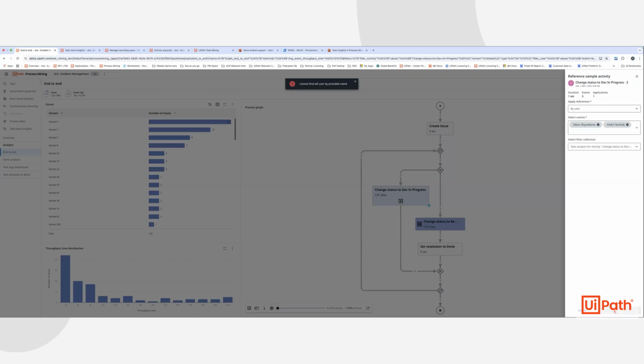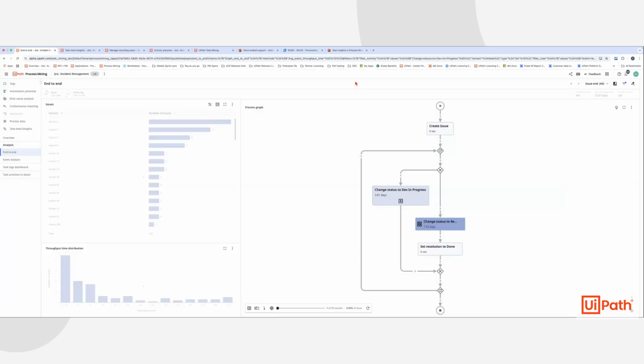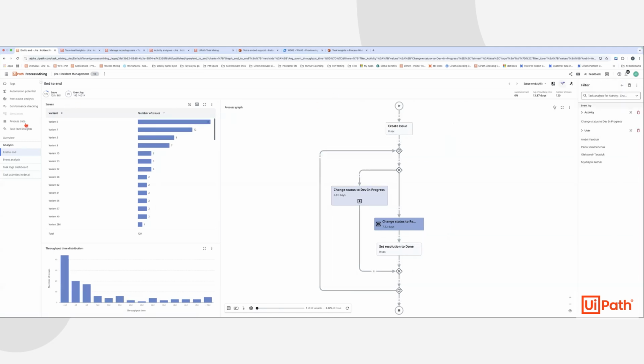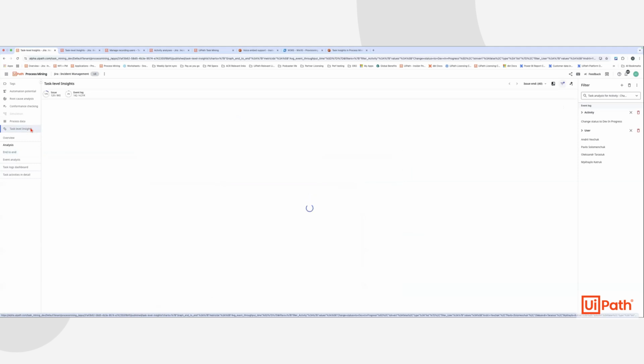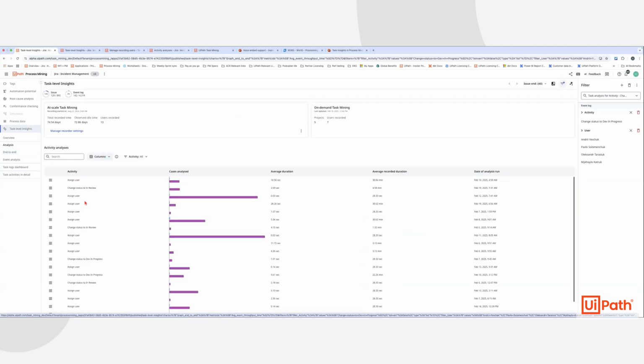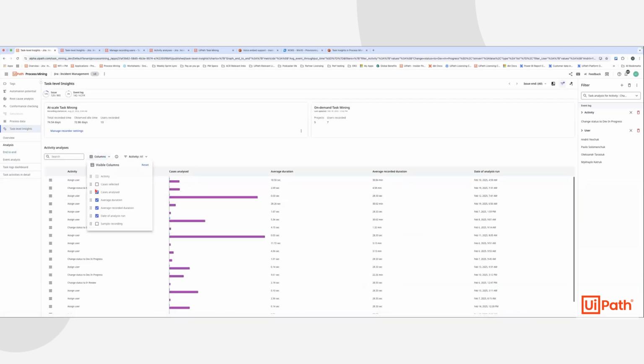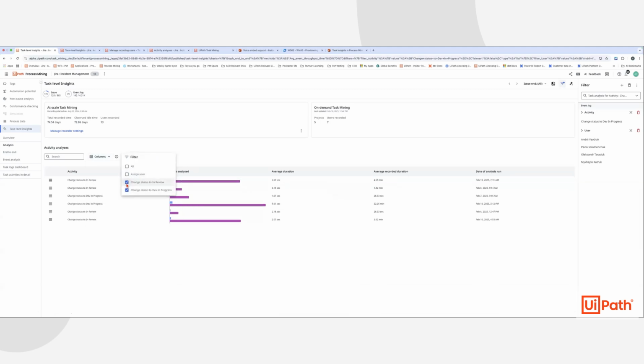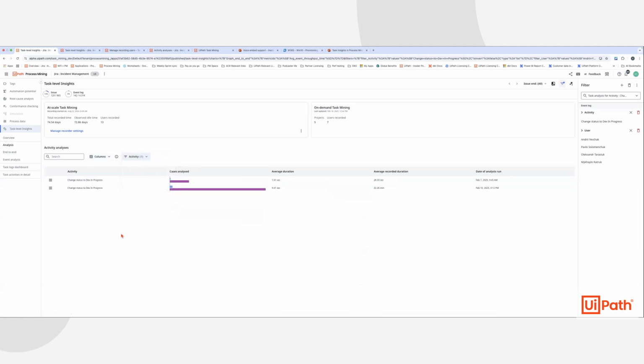Second, I should be able to do it now. What ends up happening is the analysis is initiated. I should have gotten a pop-up. The analysis gets initiated, and I navigate to the task level insights view to understand the various different analyses that I've already kickstarted. For now, I'm going to show you the results of what was already created as part of